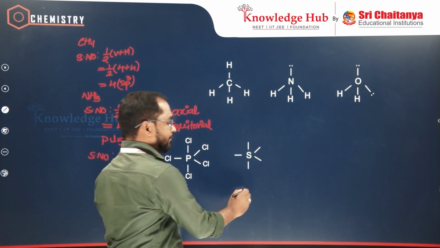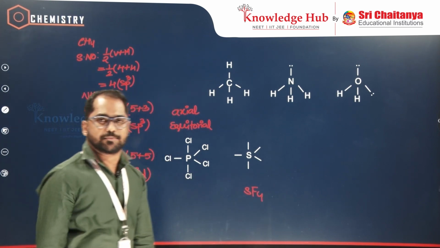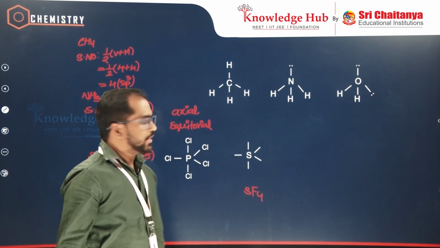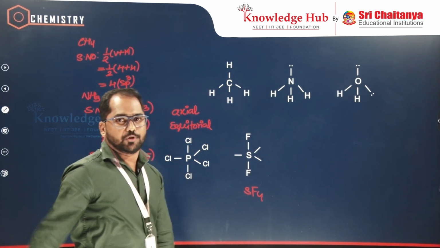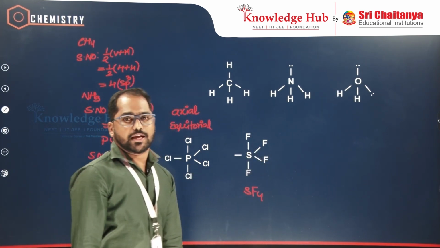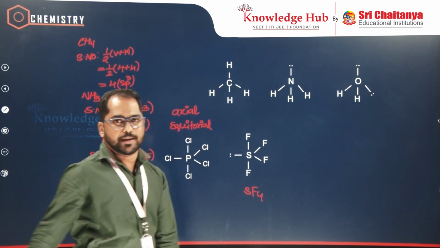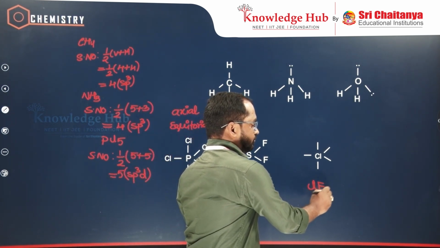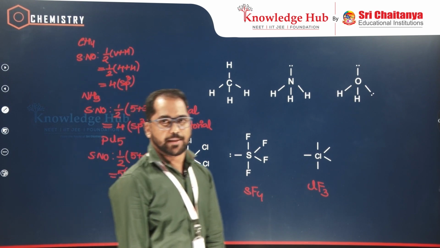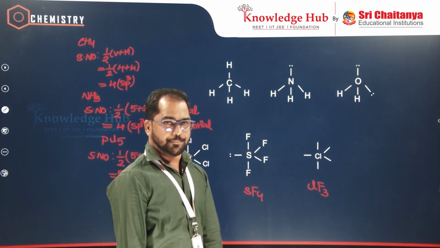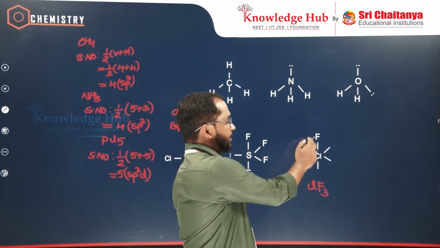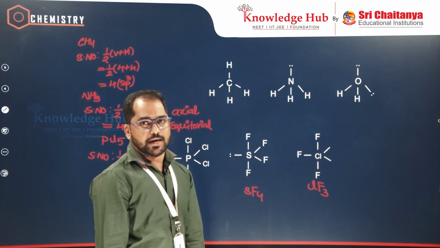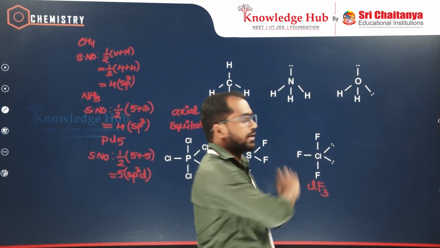Similarly, let's consider the SF4 molecule, in which sulfur has the same trigonal bipyramidal geometry with steric number 5. But how many fluorines? Only 4. Keep 2 fluorines at the axial, 2 more fluorines at the equatorial. What about the other available position? That is going to be a lone pair again. Similar to this, we can go for the ClF3 molecule. Again, chlorine has the same trigonal bipyramidal geometry as the steric number is the same. But how many fluorines here? There are only 3 fluorines. We need to keep the first 2 fluorines at axial and the other fluorine at equatorial. And what are the remaining 2 positions? Those are lone pairs of electrons.